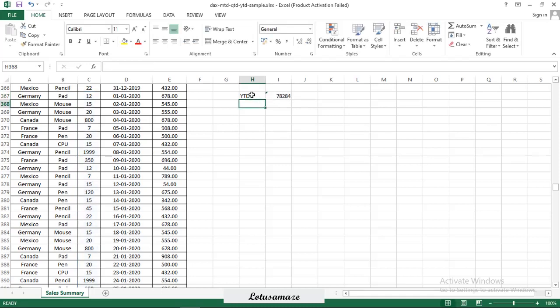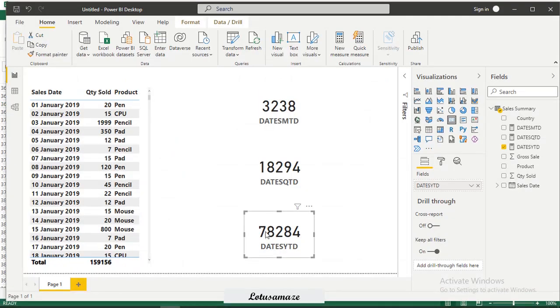The figure is 78284. Now we check 78284. So all figures are verified.